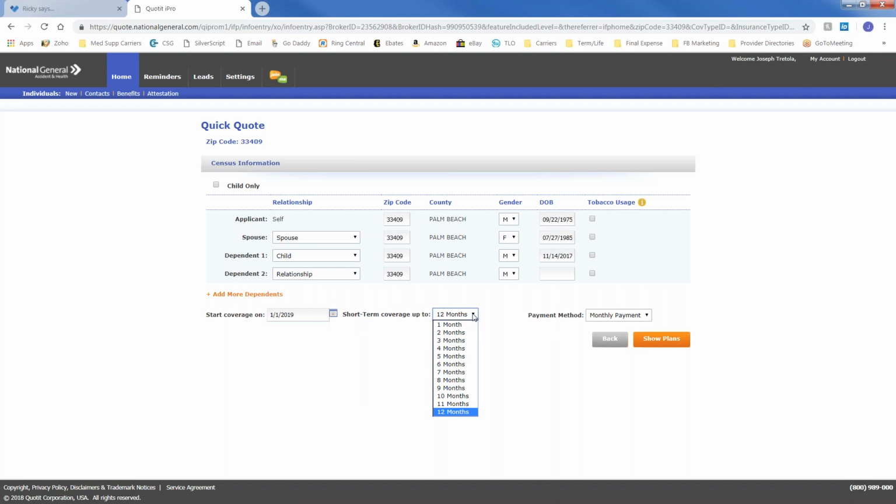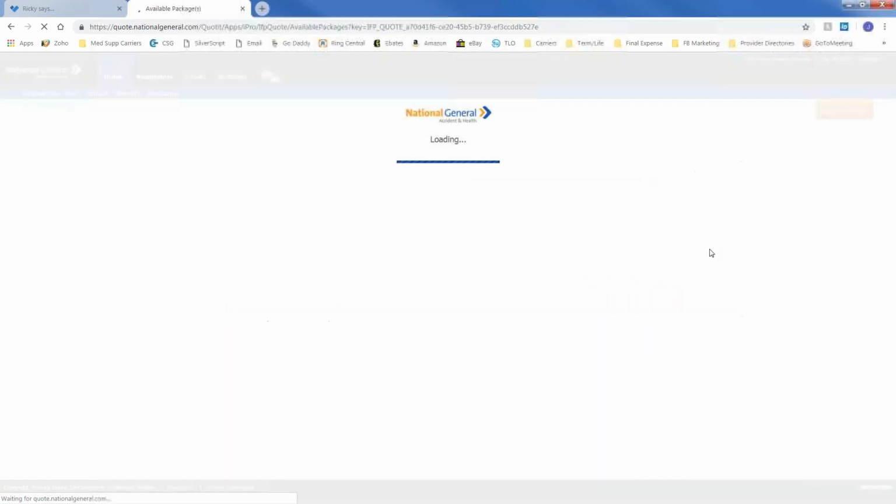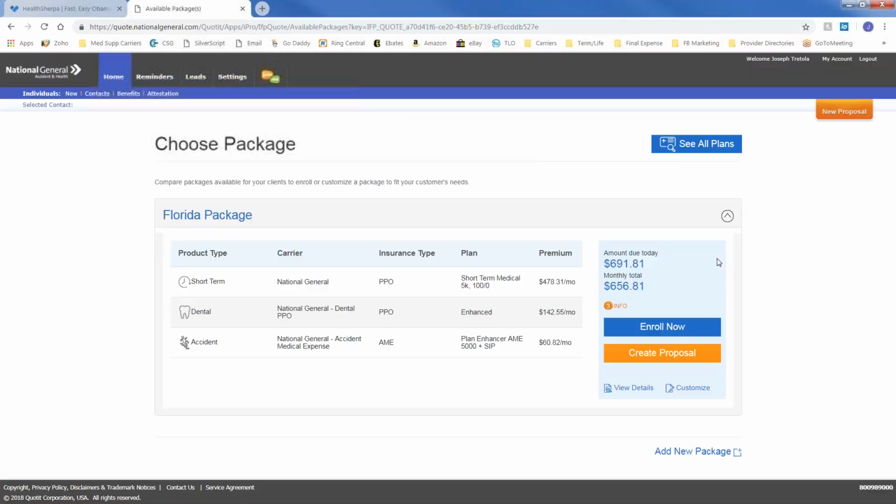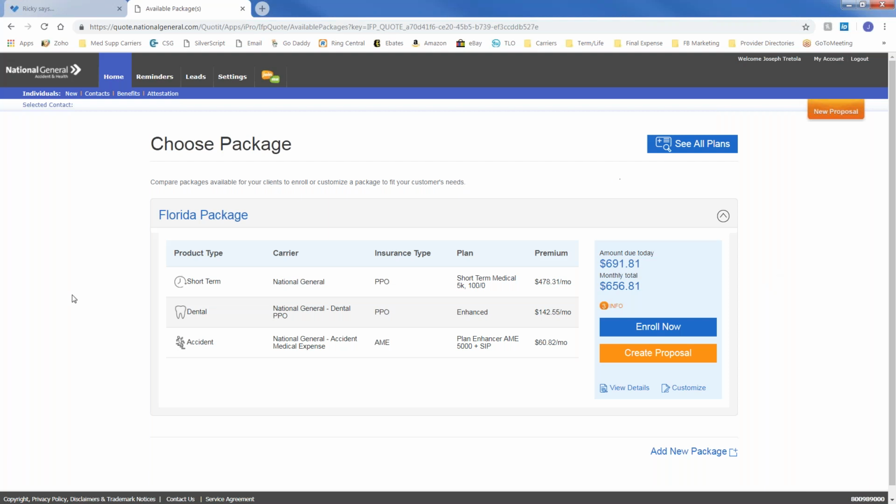This is really good for people that are approaching Medicare eligibility. You can do it for however many months it is until they turn 65. And you can do a monthly payment or a single payment. So I'm going to show you what the monthly payment looks like. Instantaneously, when you get to the quote, it brings you to an area where they make a quick recommendation. What I like to do is offer two different options, but we're going to spend time on this one particular option for a second.